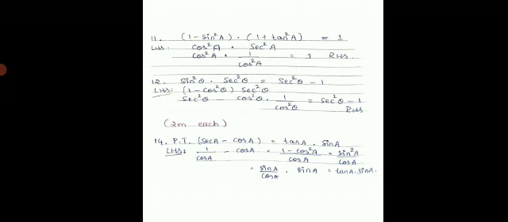In the next step, sin square of A upon cos of A. Now, we need to get the answer as tan of A into sin of A. So, by splitting sin square of A as sin A into sin A and keeping denominator cos A as it is, then sin of A upon cos of A will be equals to tan of A into sin of A, which is the required answer.